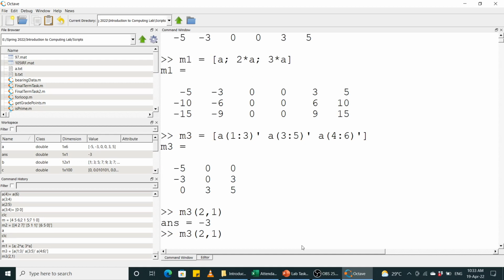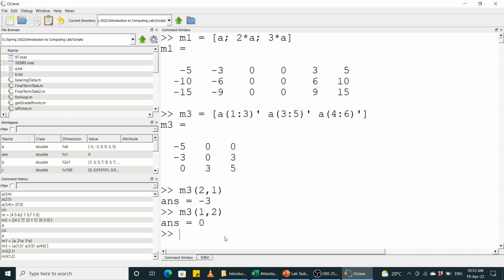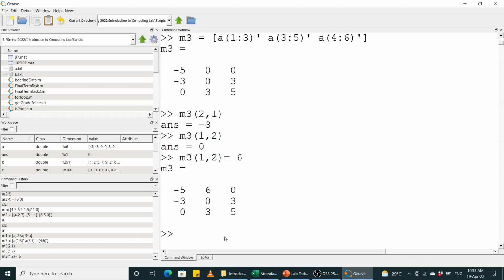इंडिविजुअल एलिमेंट्स को कैसे एक्सेस करेंगे? By specifying both the row and column index. रो 1 कॉलम 2 M3 का मैट्रिक्स, M3 का रो 1 कॉलम 2 you will get 0, ठीक है। If you want to change it, M3 का रो 1 कॉलम 2 पे 0 है फिलहाल, so we want to change it, we want to make it say 6, ठीक है। तो वो एलिमेंट चेंज हो जाएगा। रो 1 कॉलम 2 पे पहला जो एलिमेंट था वो 0 था, इस स्टेटमेंट के बाद हमने उसको चेंज कर दिया,